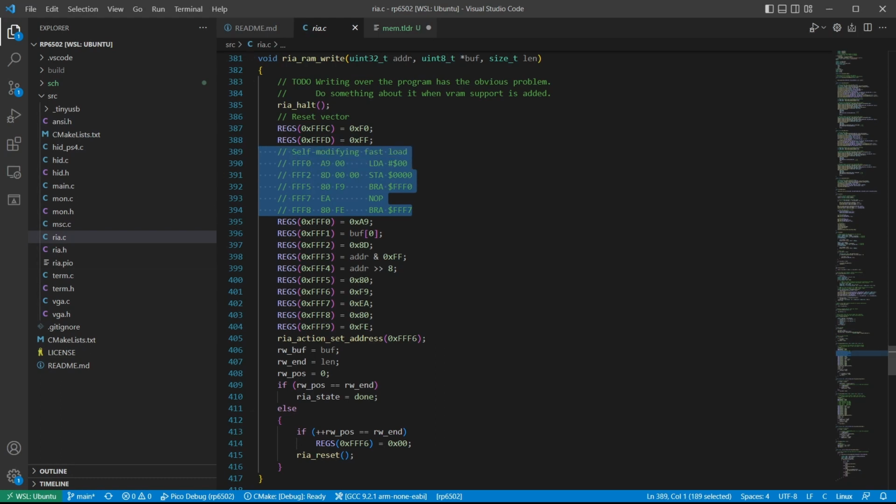The interesting bit here is the self-modifying fast load program. Now that you know some assembly language, you can follow along. The 2 new instructions are no-op and branch. No-op does nothing. I'm using it for alignment. Branch is an unconditional jump back to the start of the loop. So this program stores the value 0 in memory location 0 over and over, forever and ever. But this program is just a template. Those zeros are replaced with useful values, as you can see here. But it still writes one value to one location forever and ever, unless we intervene.